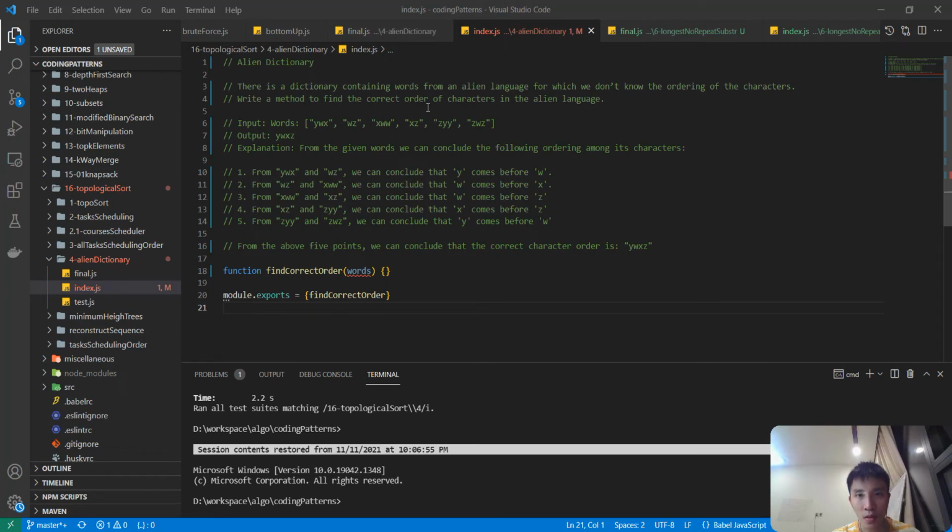Right? So it sounds a little bit complex, but let's see how we can formalize it or paraphrase it into a well-known pattern. So let's see the explanations here. For this given input, we have a list of words, and these words are sorted